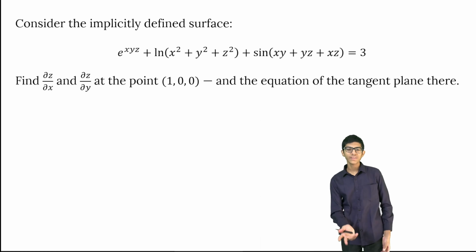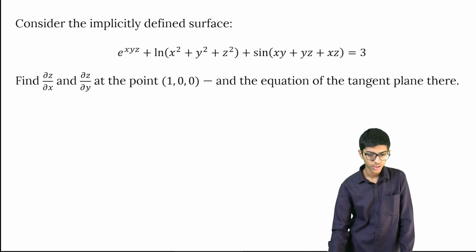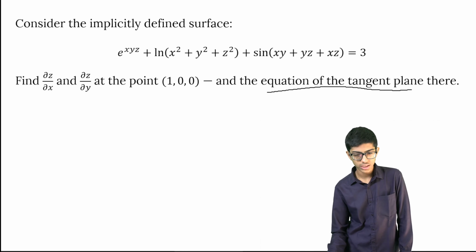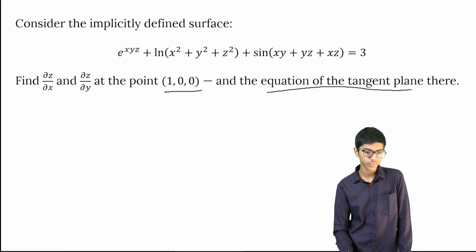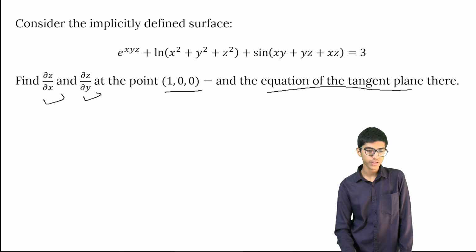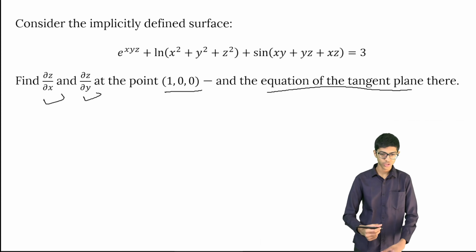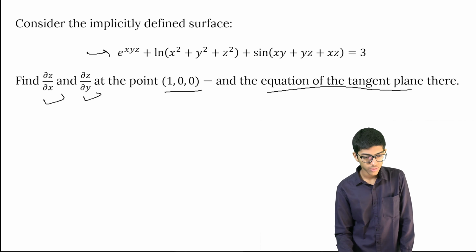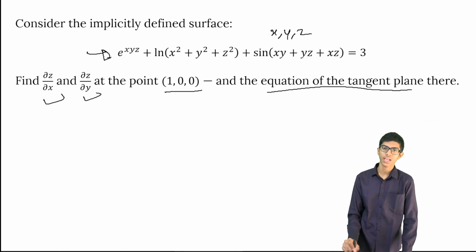Hello friends, here we have yet another interesting question. We need to find the equation of the tangent plane at the point (1, 0, 0) by finding the derivative with respect to x and y for z. We have been given the equation as follows, and we notice that this equation is cyclic in x, y and